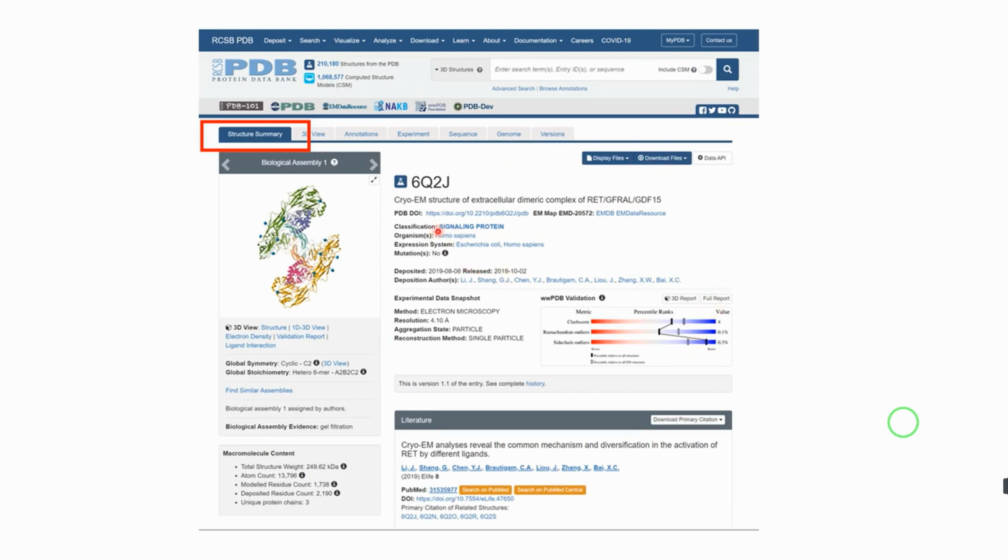So what the structure is. In this case, it's an extracellular dimeric complex of RET with its growth factor. So it's the structure of RET as a dimer and complex with its growth factor. You'll see the classification of the receptor protein, the organism it's expressed in, whether or not it has mutations or if it's a structure of the wild type protein, and then the method used to solve the structure,